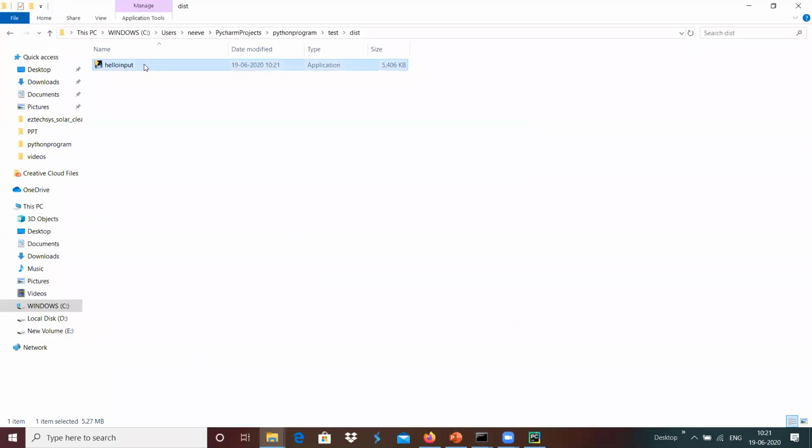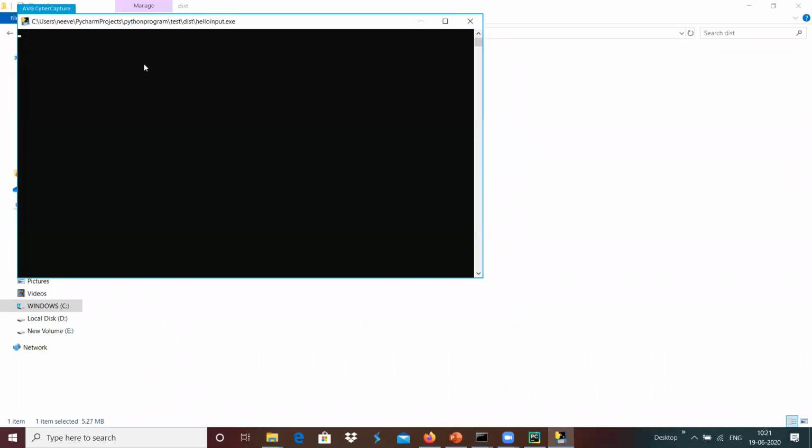Now I'm going to run this exe directly over here. If we wanted to share our application with others without sharing the Python code, we can create a package and share this application.